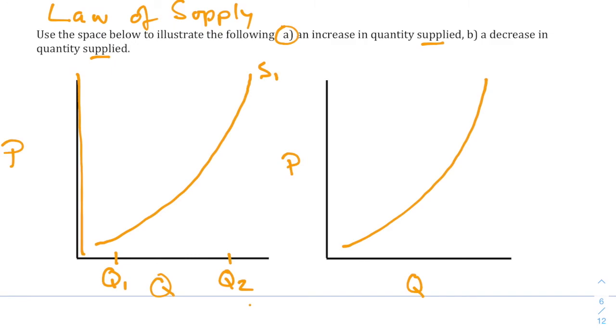And now I just need to connect these to prices. That's all I got to do. So with quantity 1, I'll intersect with my supply graph. Is that P1 or P2? That should be P1, because it goes with quantity 1. The next one over here, quantity 2, goes with price 2. That's an increase in price, and obviously an increase in price has resulted